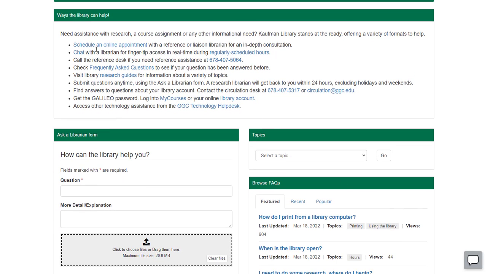There is the ability to schedule an appointment online with a librarian. Once you get to this page, you will have the ability to select an in-person appointment in library or an online appointment, whatever your preference. You can also chat with a librarian, as I just mentioned. That's a great way to get help on the fly, that immediate assistance that you might need for your library needs. Also, there is a phone number for the reference desk, our frequently asked questions, which you can scroll through,